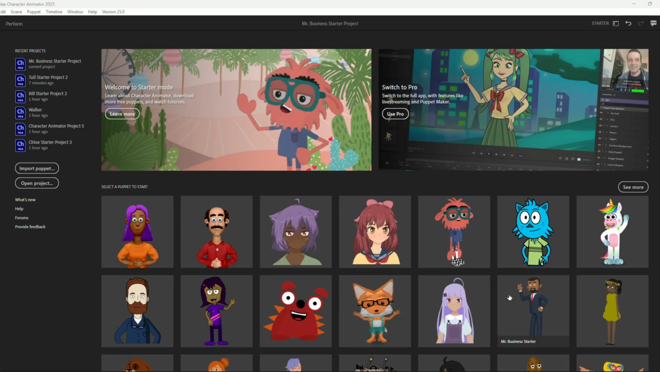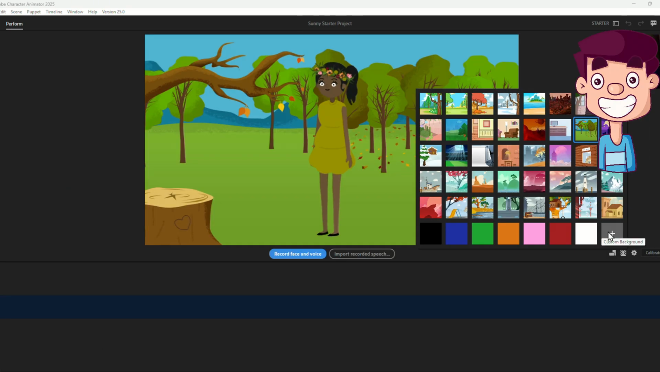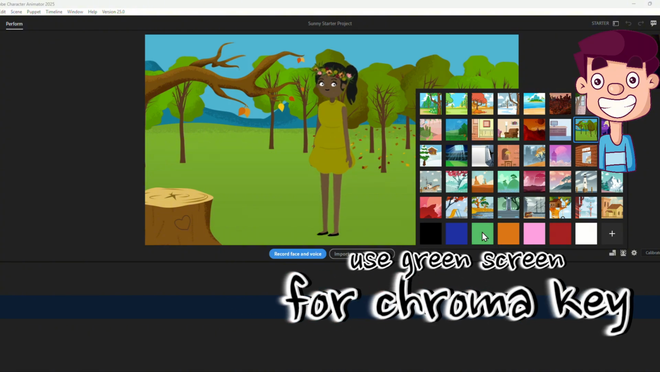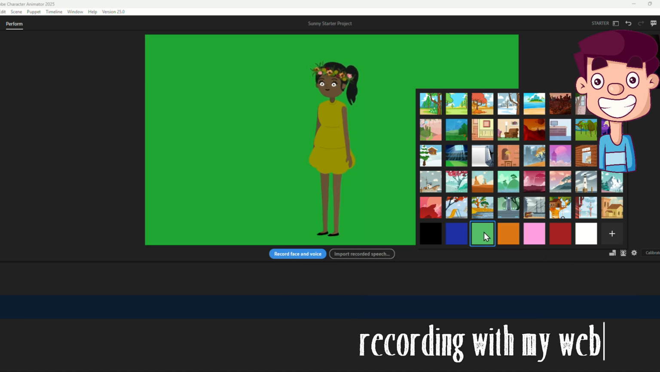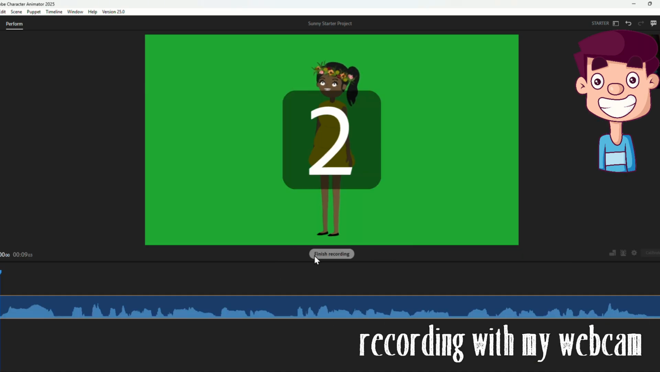Now, we move on to the next character. You can either choose a specific background or a simple green screen if you want to use a chroma key and insert it in the first scene. So we do the same thing as previously. Record our face movements